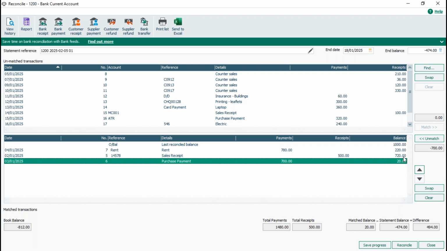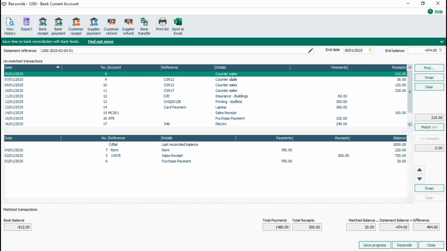Now, there may be occasions where you've got a number of transactions. So you can see on here, we've got 4 transactions, which all say counter sales. Maybe you've entered those separately in Sage, but as far as your bank is concerned, you've just got one bank transaction representing those 4 values. So you've paid them in one go. Now you can select multiple transactions. Depending on your selection style in Sage, which is to do with the way that you highlight transactions,